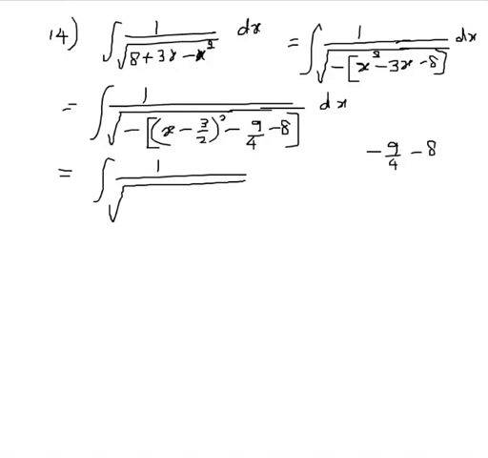Minus 9 by 4 minus 8 becomes minus 9 minus 32, which is minus 41 divided by 4,